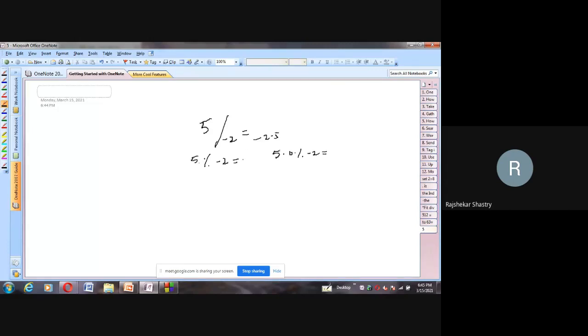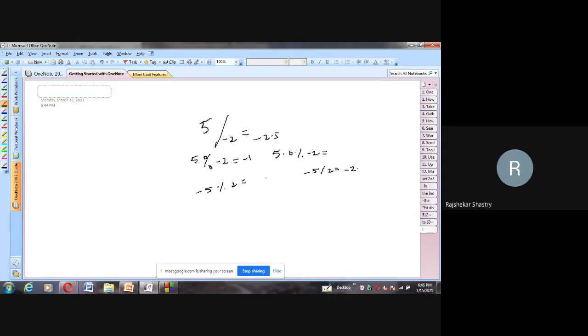What about this one? You said it is minus 2. No, here it is the modular operator. 5 mod minus 2 is 1. Okay, then what about minus 5 mod 2? Similarly, what is the value of minus 5 divided by 2? Okay, tell me about this minus 5 by 2 division. Minus 2, sir.